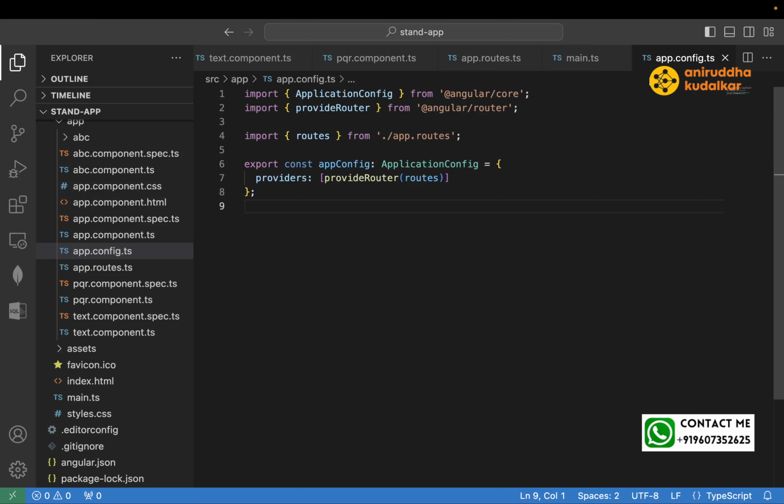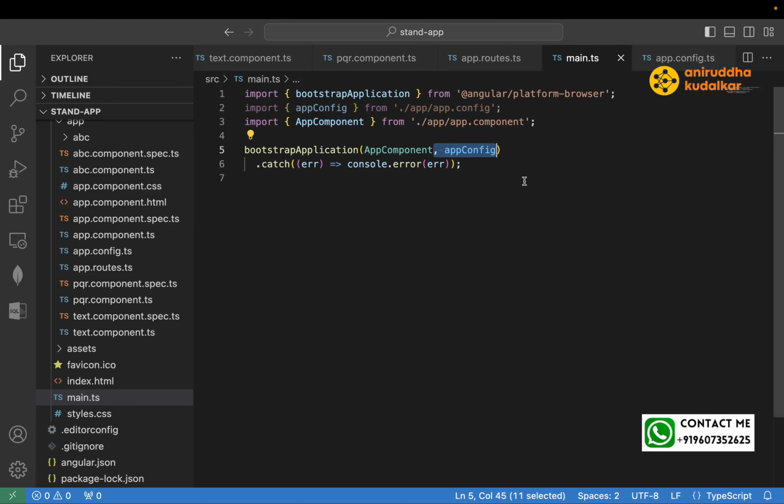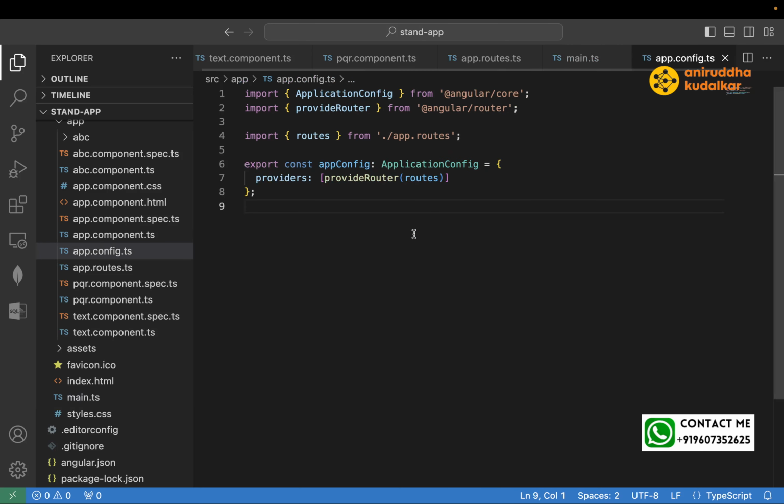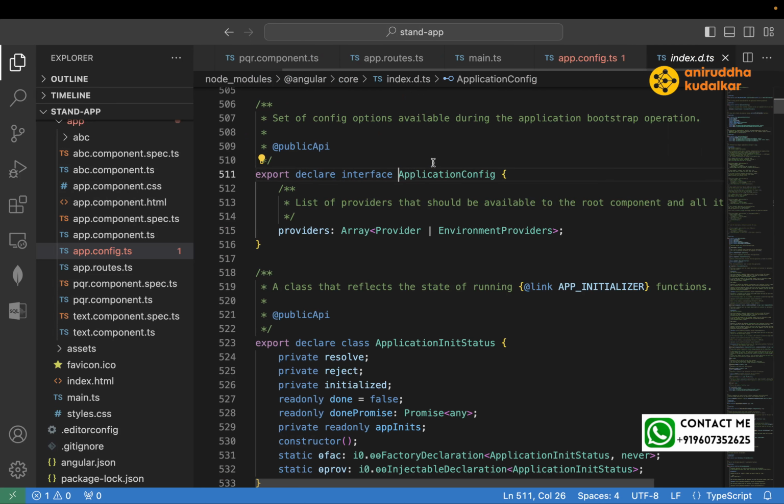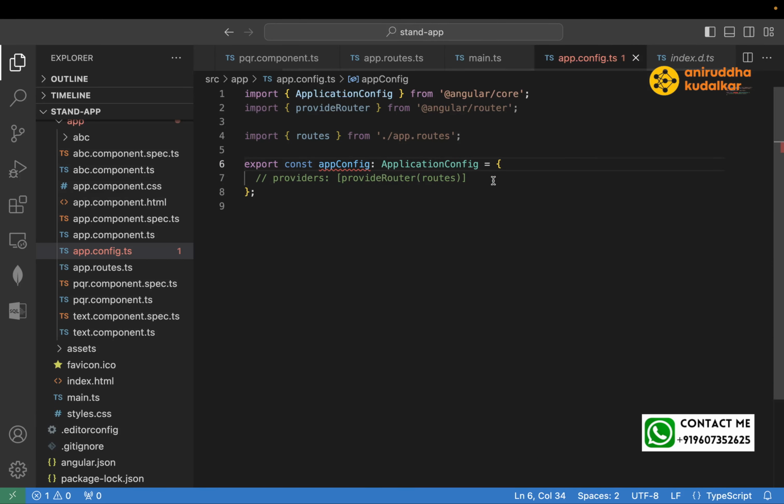But if you want to change it, just remove this app config from here. And in the app configuration, if you remove only this line, that is also okay. App config is the application config. This is a mandatory field, you cannot skip it, otherwise you need to make providers